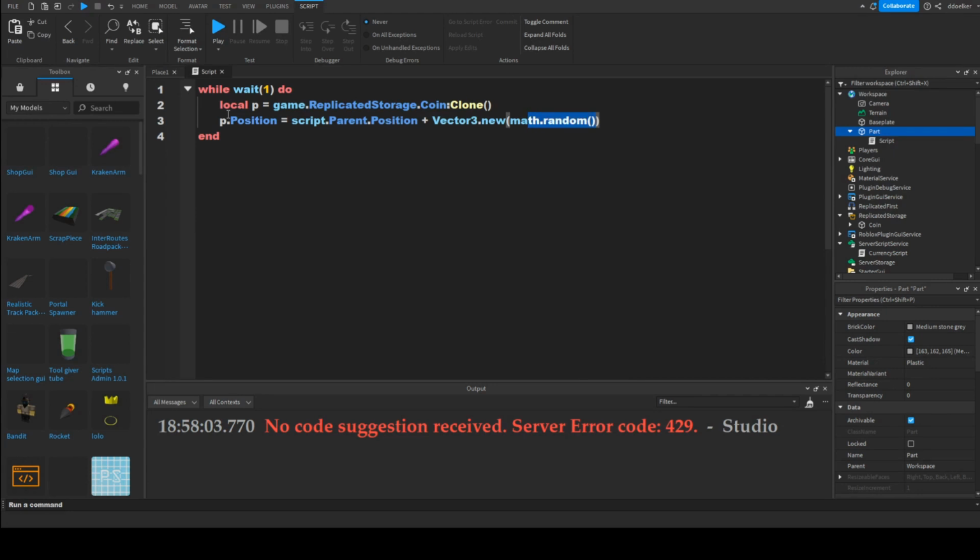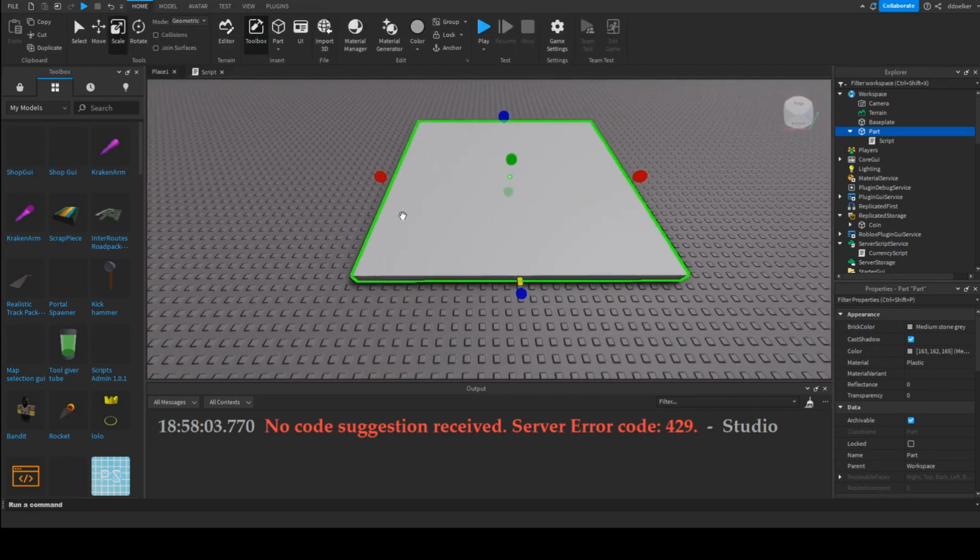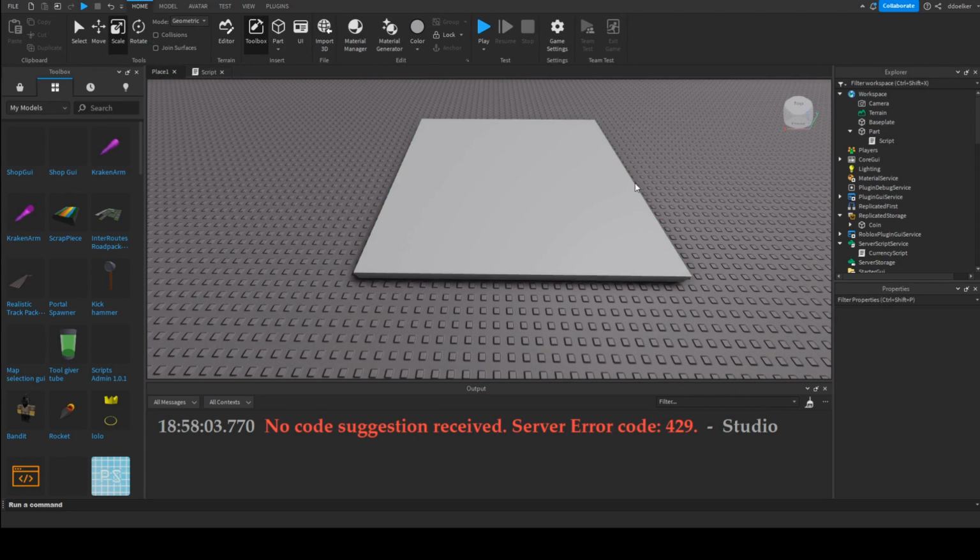The math.random is going to be between minus script.parent.Size.X divided by 2 or up to script.parent.Size.X divided by 2. So this is going to make it find a position between here and here,